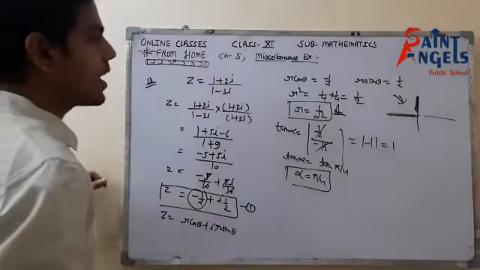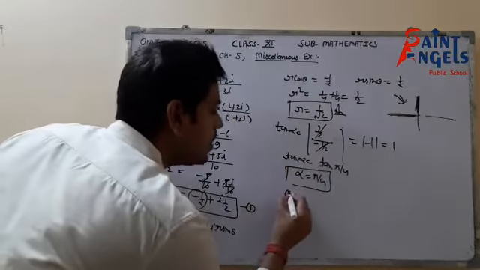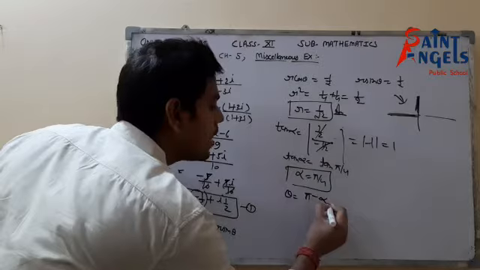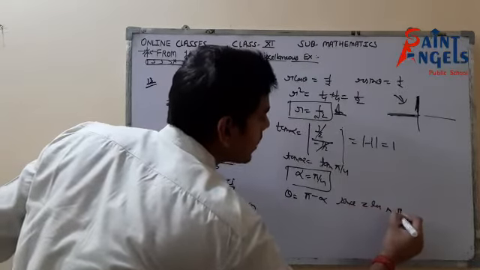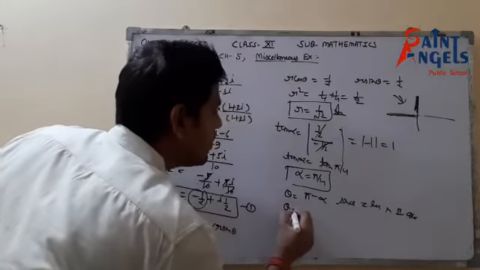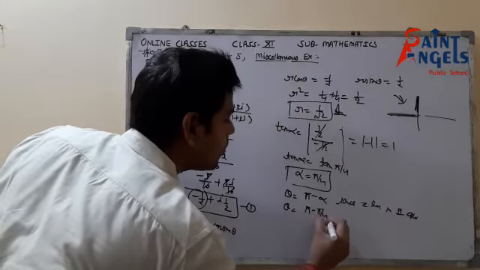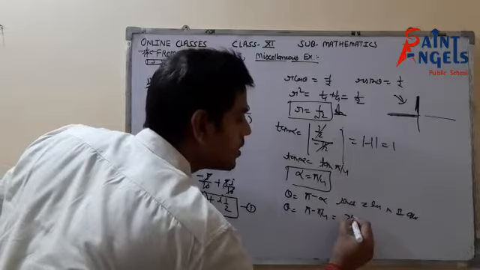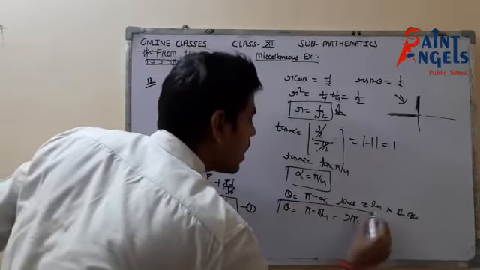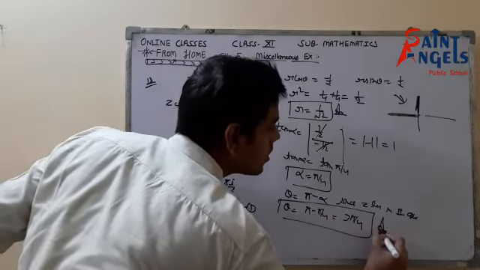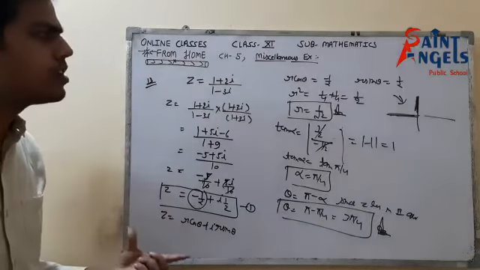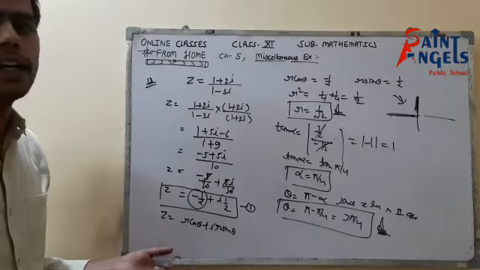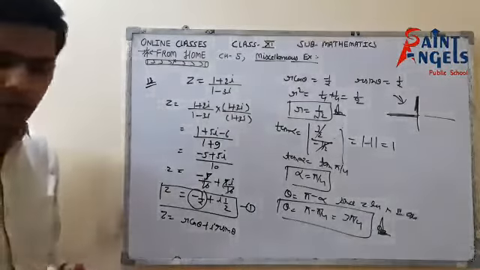Okay students, in the second quadrant theta would be pi minus alpha, since z lies in the second quadrant. So theta would be pi minus pi by 4. It means 4 pi minus pi, that is 3 pi by 4. So this is our second answer. This is the argument. We have already done a lot of questions similar to that, so I don't think there is anything which you didn't get. Okay, now please pause the video and note it down.